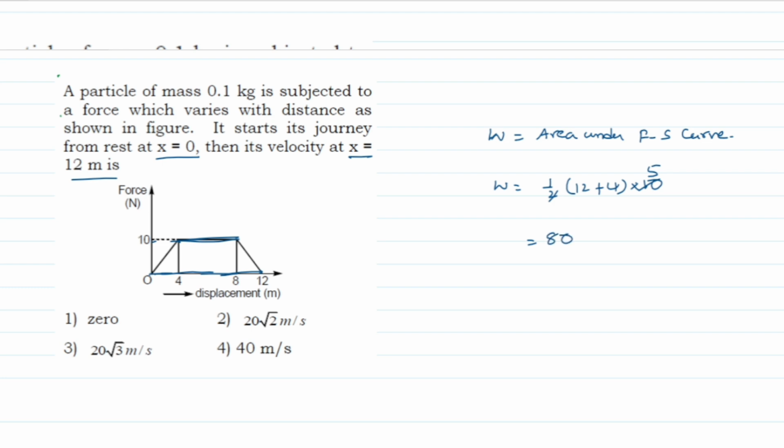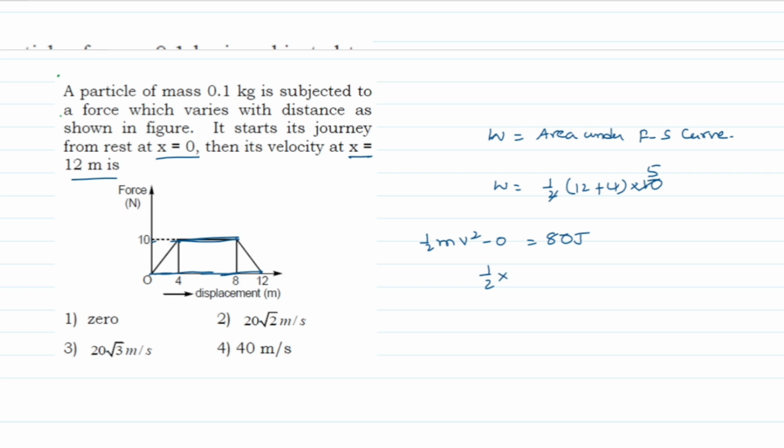Work done here will be 8 joules by the curve. Now it is going to acquire some kinetic energy during this work done. So work done equals the change in kinetic energy, which is half mv square. The initial kinetic energy you can consider as 0. Which will be equal to half into mass,